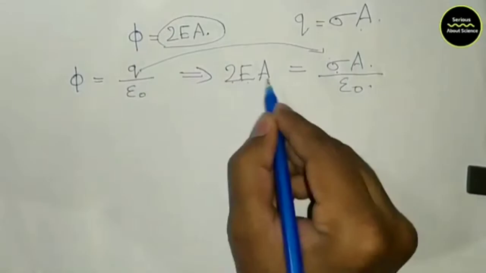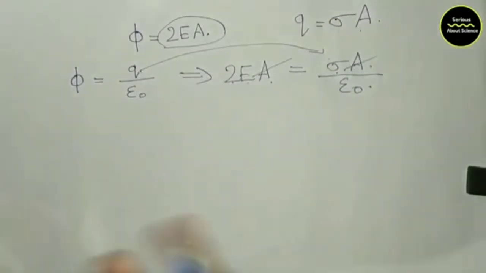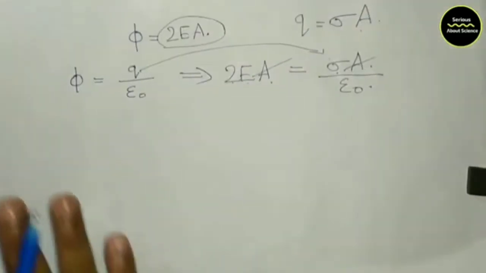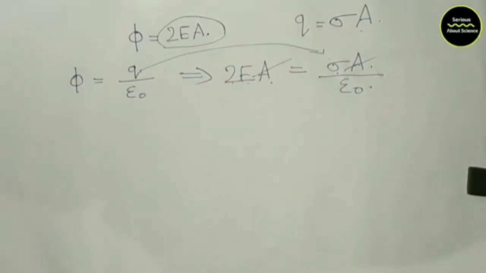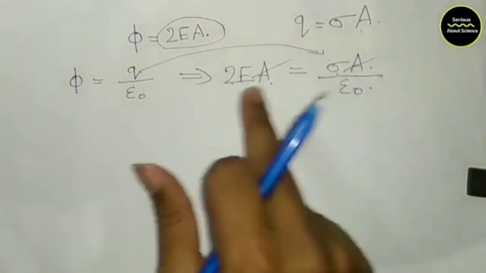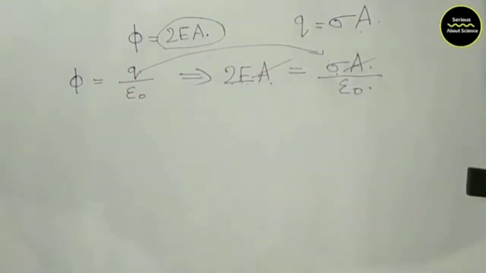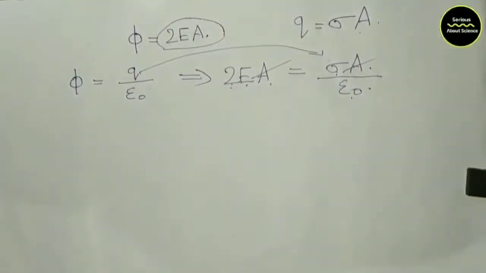That is the application of Gauss theorem. We got the electric flux of the plane sheet as 2EA, which can be equated to the Gauss theorem, that is Q by epsilon 0. Instead of Q we are writing sigma A by epsilon 0. That is how we have equated the two equations of electric flux: 2 into E into A will be equal to sigma A by epsilon 0. A and A will cancel each other, and the question is to find the electric field intensity of the plane charged sheet, so we put only E alone on the left-hand side.